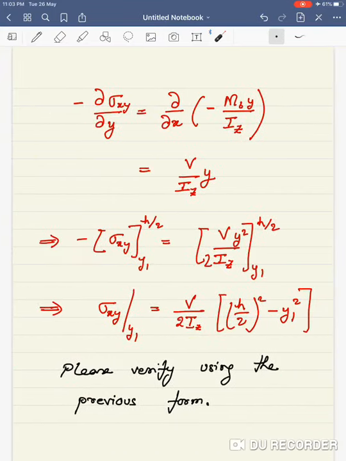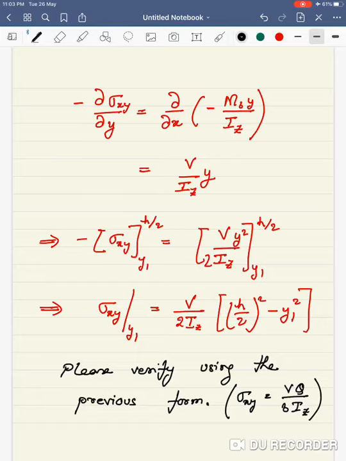Okay, so I'll just write it here, sigma xy equal to vq. Okay, so you can verify it using this method as well. Okay, so this was an important result,